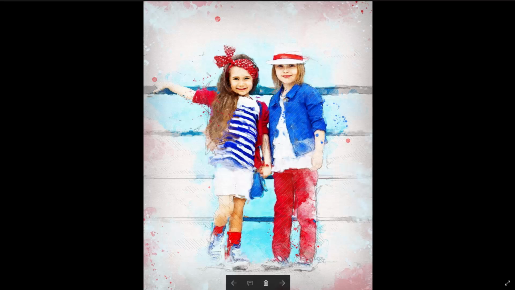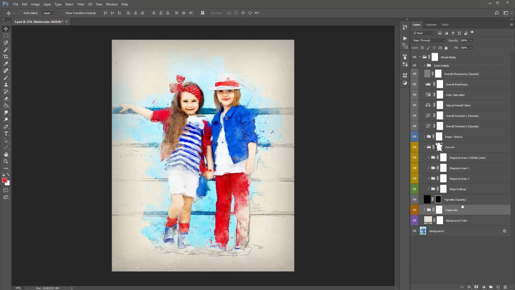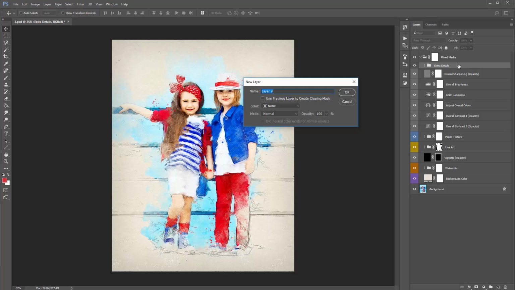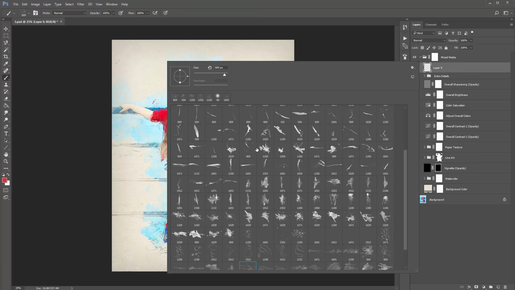I'm just going to add these extra details around the edges. I can see that I've also turned on the vignette, so I'm going to turn that on. Maybe lower the opacity down a bit. Alright, so let's go back to the top again, and let's create a new layer. Okay, Control Shift N or Command Shift N. I'm going to right click, and let's select